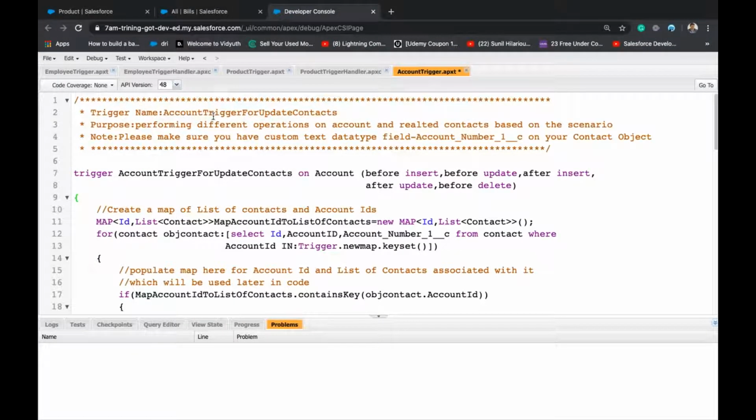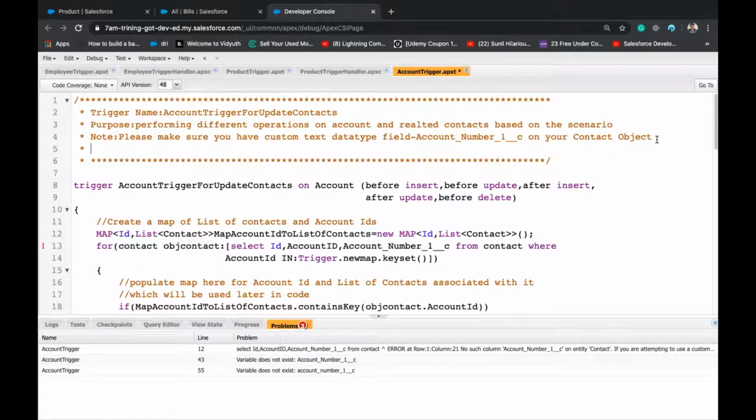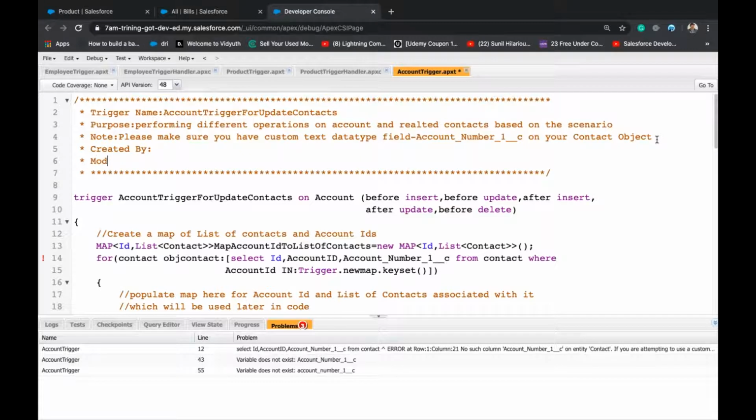So typically we will write all these things, okay? But we will not write the note, but we have written it to give you the instructions. But we always have this one: created by, modified by.